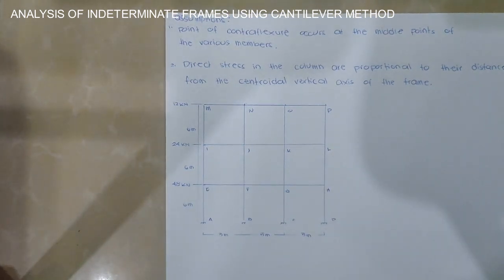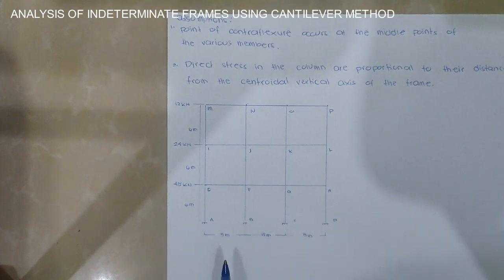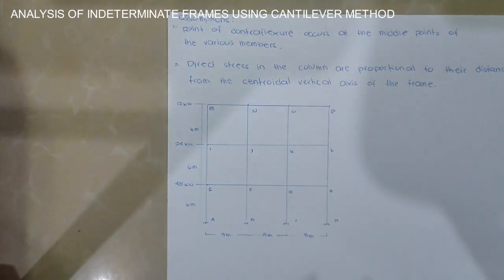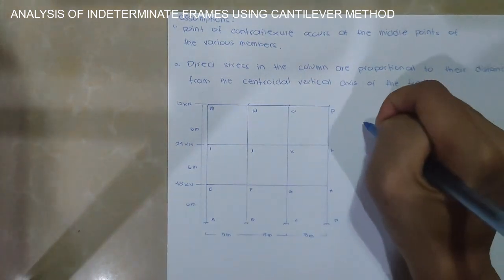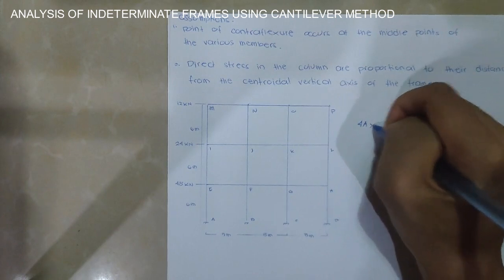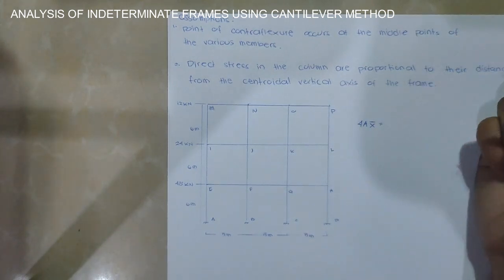As you can see, there are four columns, and let's say they have the same cross-sectional area. So let's say each is A, and A. So we have 4A. And then according to Varignon's theorem, since we have already 4A, x bar is equal to the